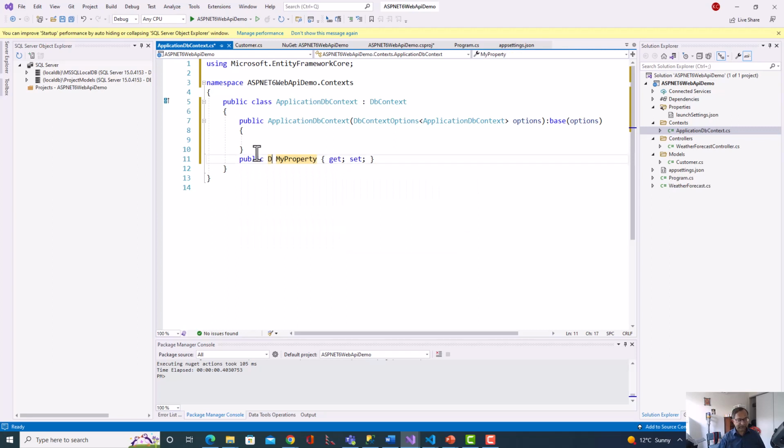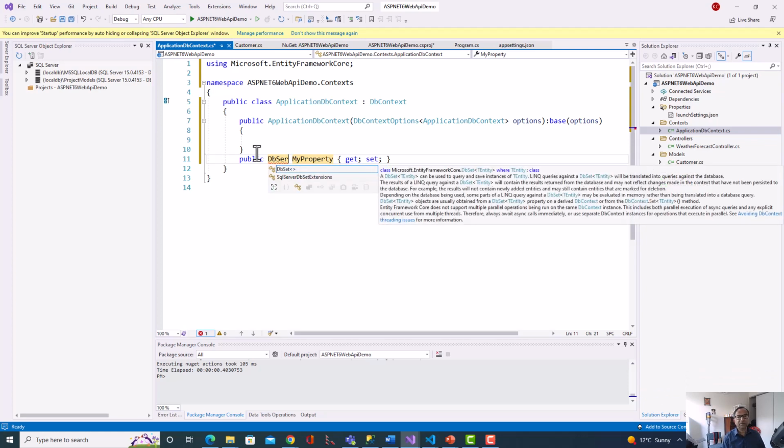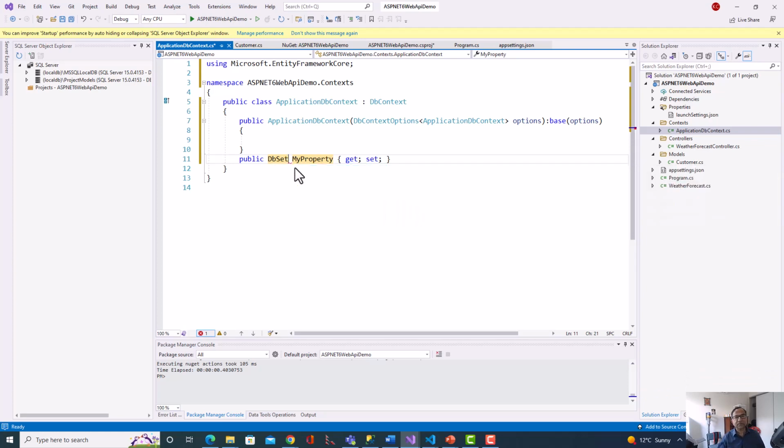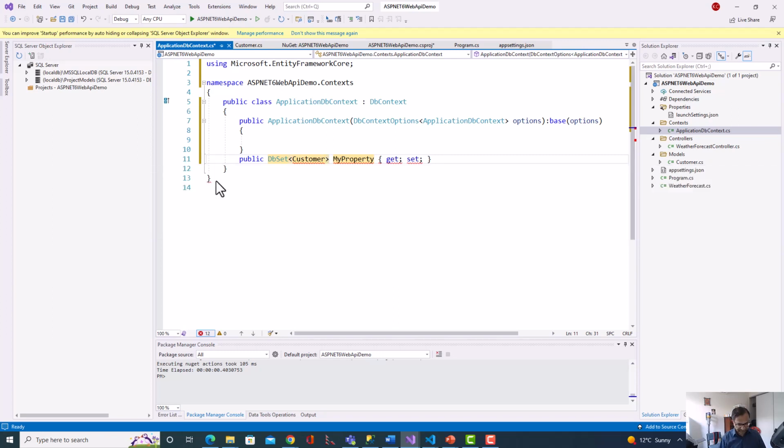So this one will be, rather than integer, DbSet, and this is DbSet on Customer. A DbSet of TEntity can be used to query and save instances of TEntity. So this will be our customer table, and I'll call this,